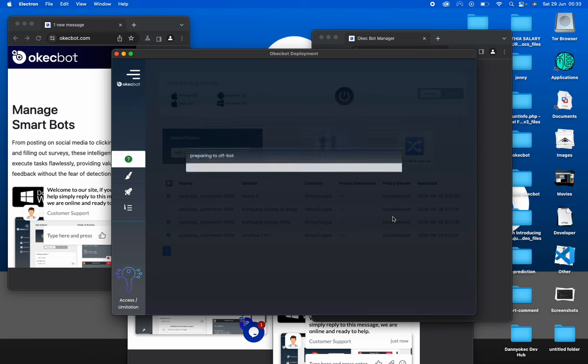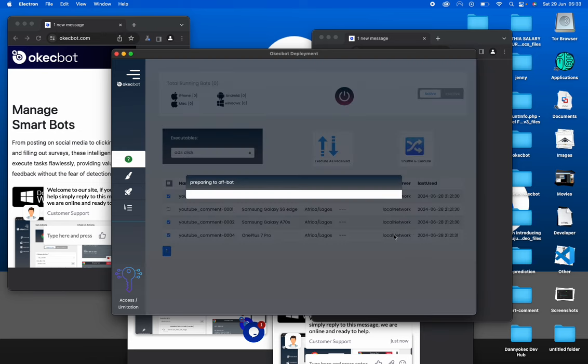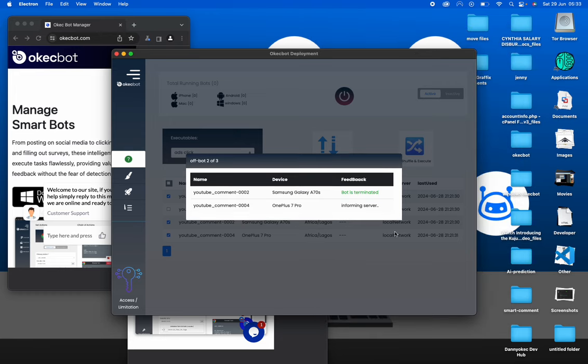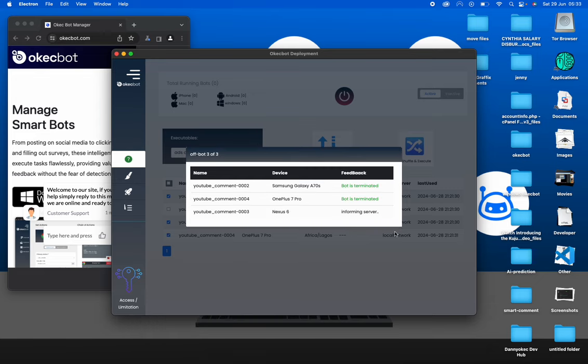I think that way it's less confusing. So I have ticked about 3 bots, and I have switched. I've clicked on the power off button. I've confirmed I want them to be powered off. So it's terminating the other 3 bots. Only one bot was not ticked. So that is the last bot that would be active, and that is the bot we're going to use to